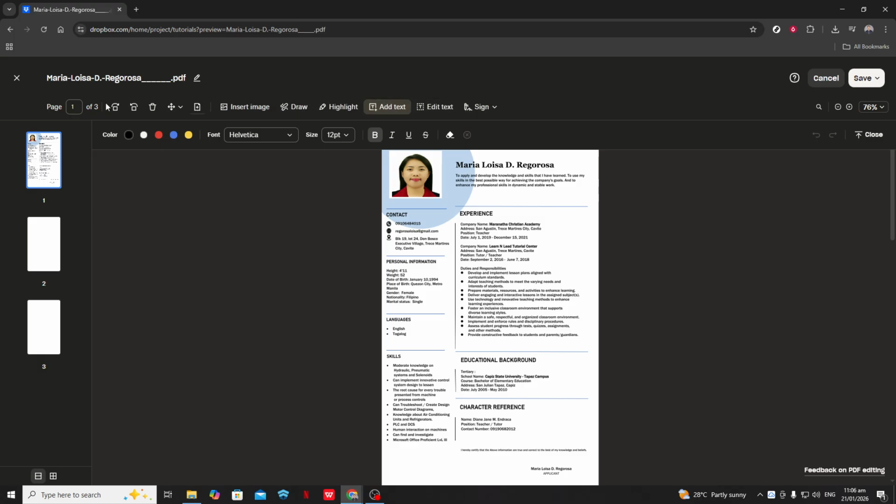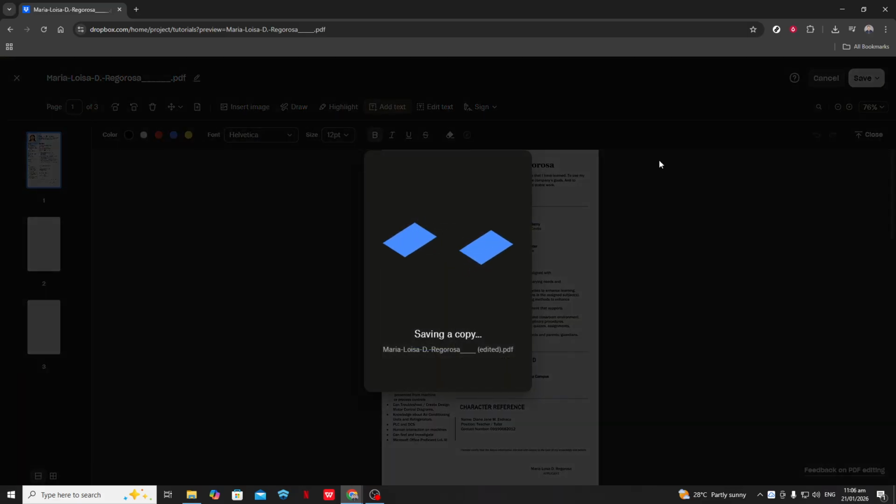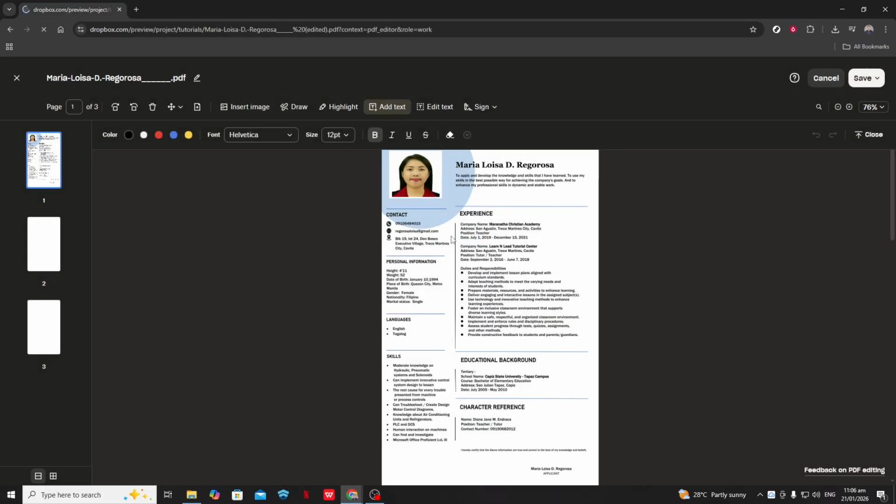You don't need to download and re-upload the file. Look near the top of the screen for a small saving indicator. Once it says that all changes are saved, you're good to go. Autosave usually happens every few seconds, but it's a good habit to pause for a moment and confirm before you